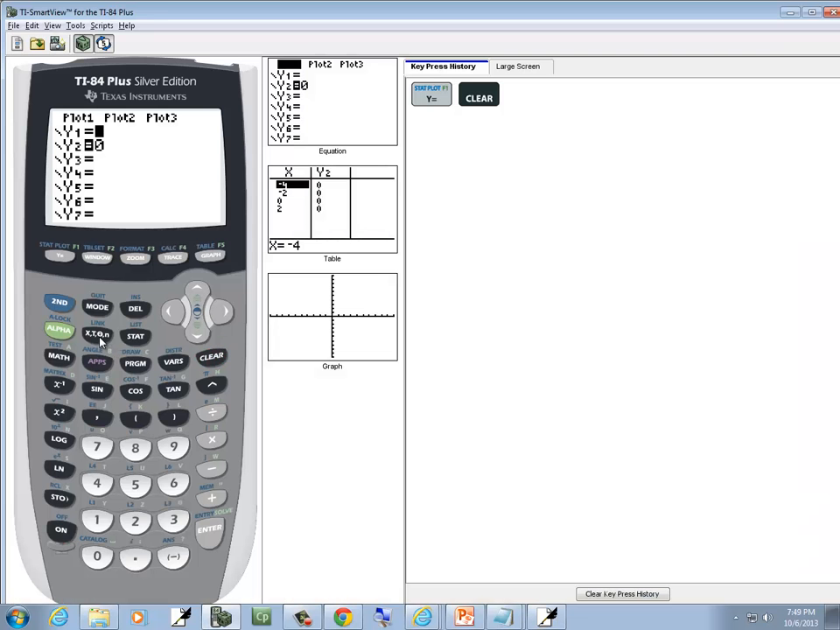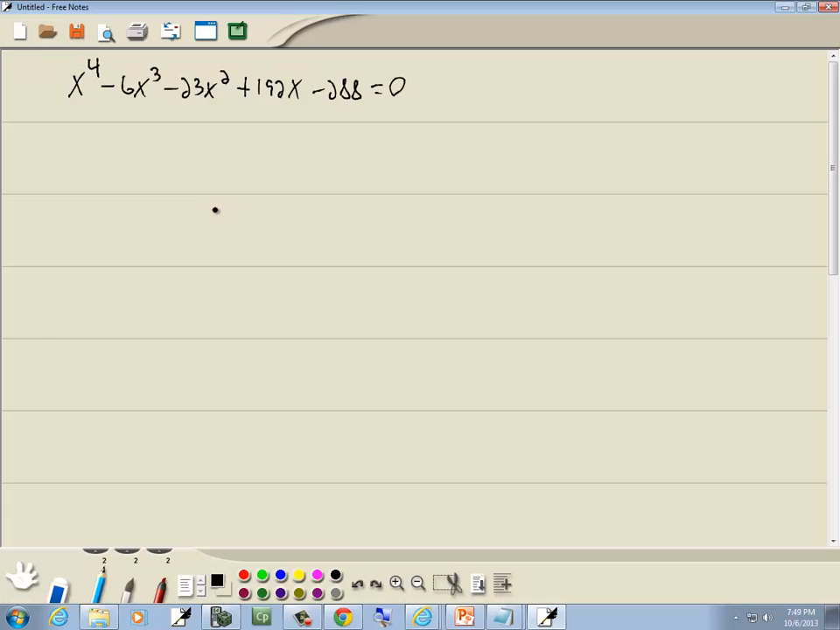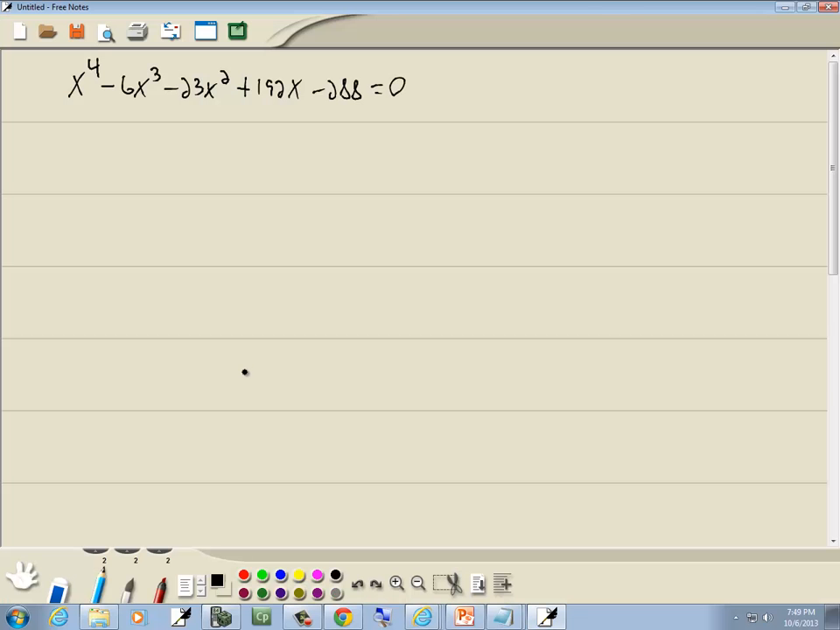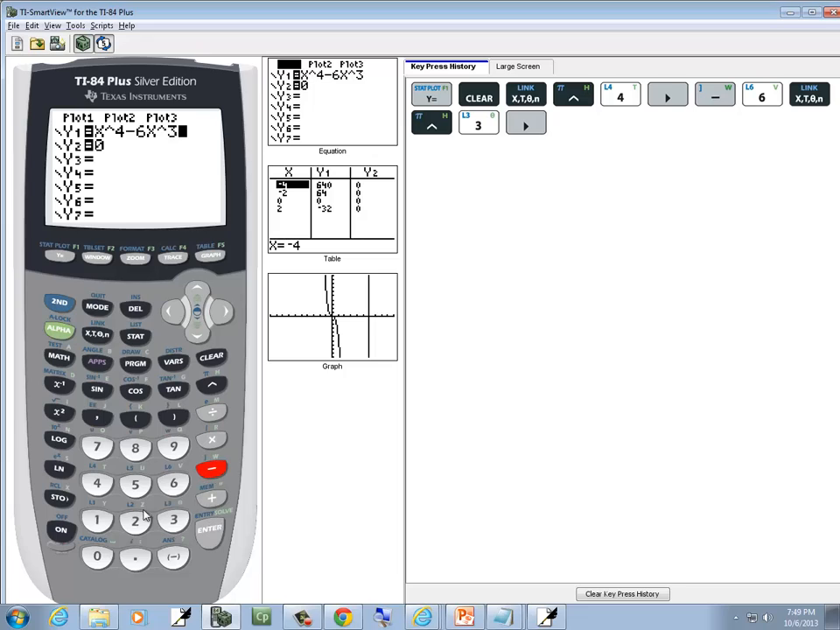We've got x to the fourth, so I do x caret 4. Press your right arrow key if you're on a TI-84. It doesn't hurt to do it on any model. Minus 6x to the third. That takes you out of exponent mode. Again, you can do the right arrow key to get out of exponent mode if you have one of those calculators. Minus 23x squared